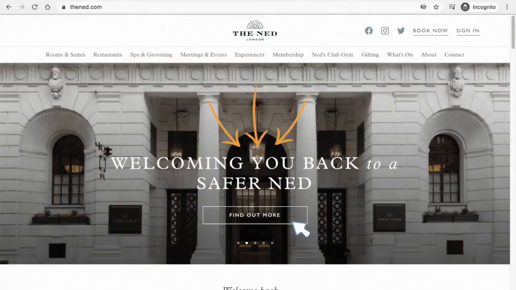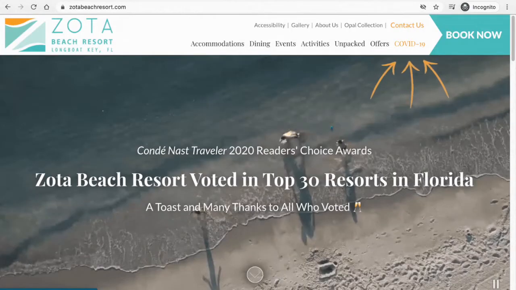Right now, an info page is an important way to communicate your safety measures, health guidelines, cleanliness standards, and even local restrictions that travelers need to know about. This may change, but right now, you should be making this page super prominent on your hotel website, like in an announcement bar along the top or somewhere else that's visible and easy to find.